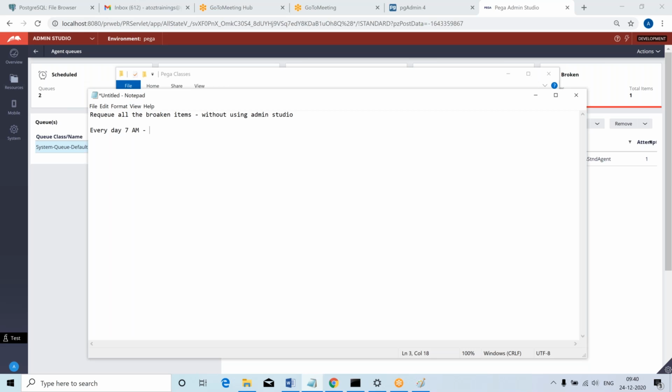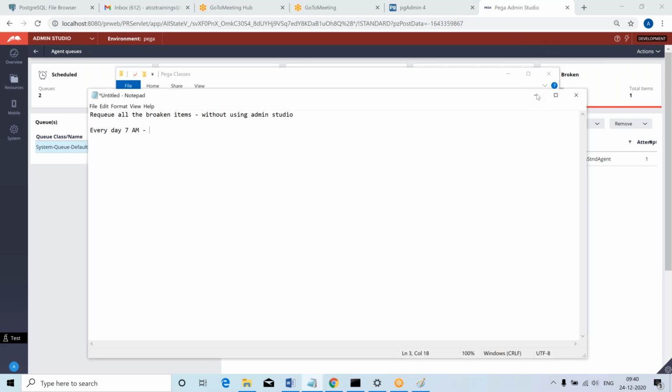Every day morning 7 a.m., automatically all the broken items should be requeued. How to achieve that? Using an agent, an advanced agent. You create another advanced agent which will fetch the broken items from the queue table and requeue them automatically. Got it? Everyone clear with this?